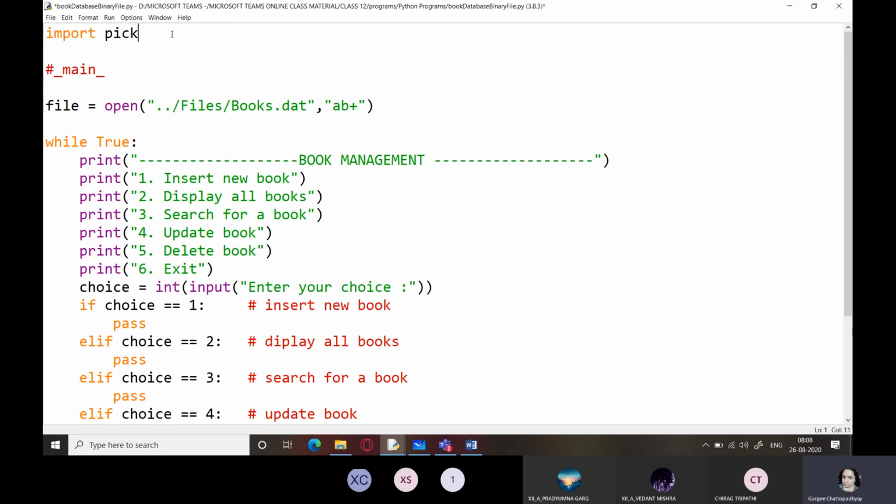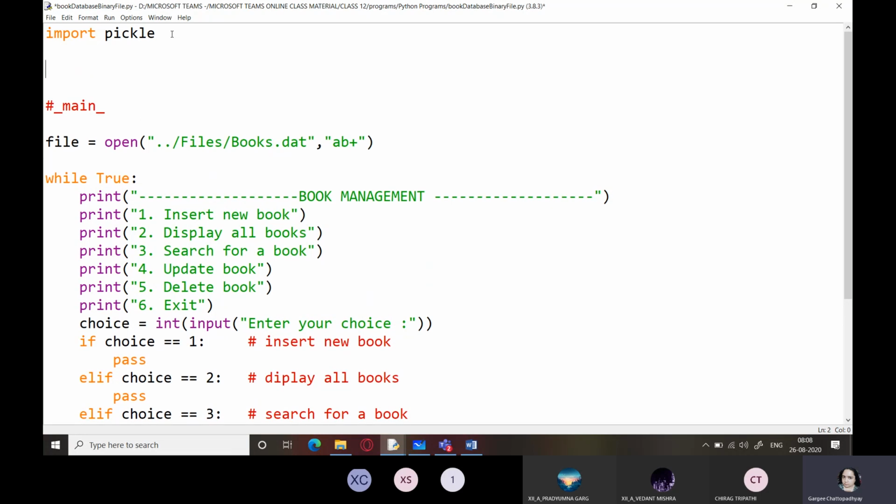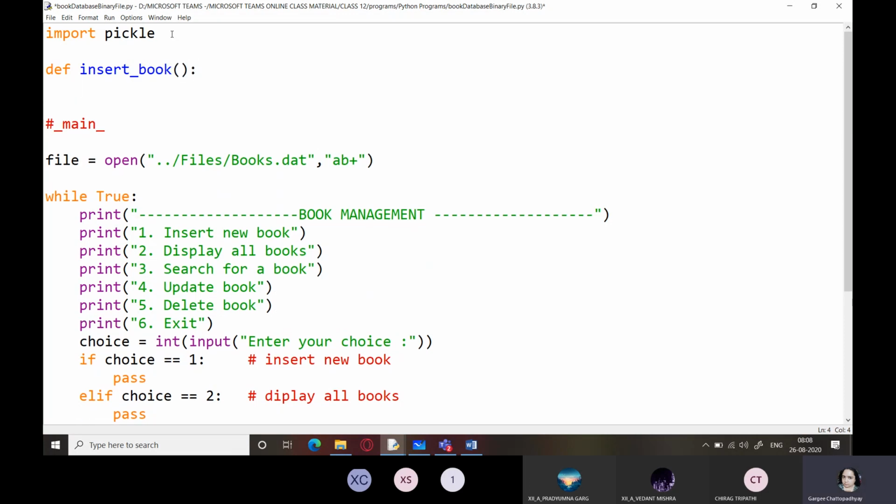First we will import pickle. Second, we are going to start with the function for insert, so insert book. And for this, first we will ask for the values from the user. So let's say I'll take ANS equals Y,